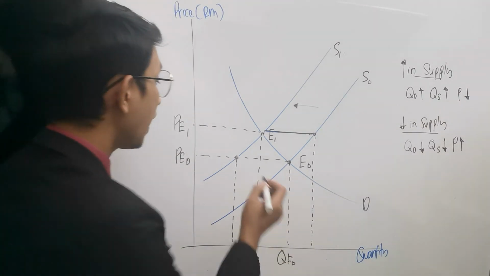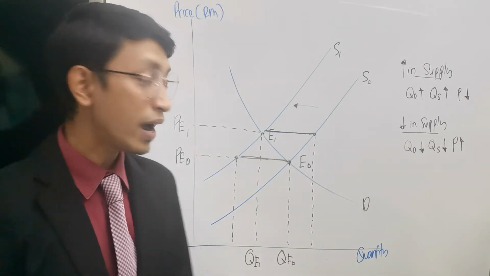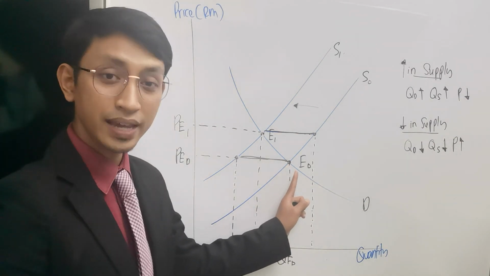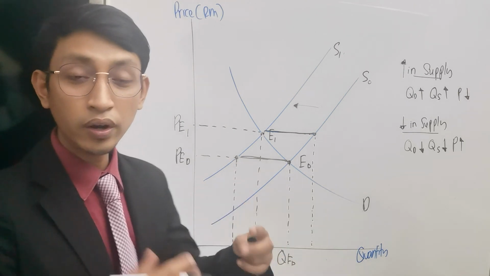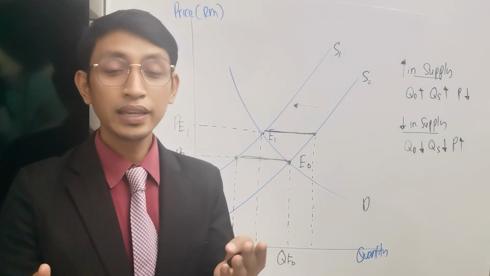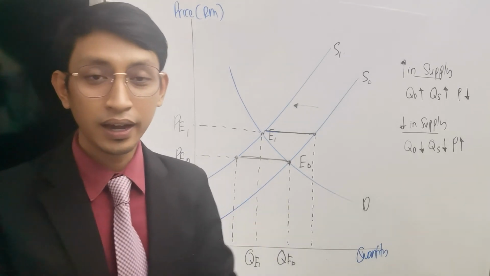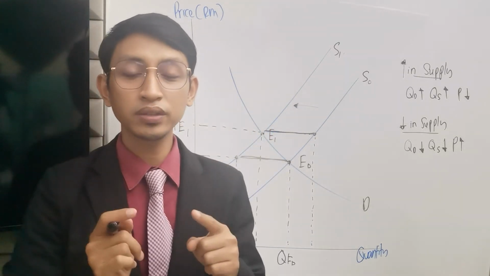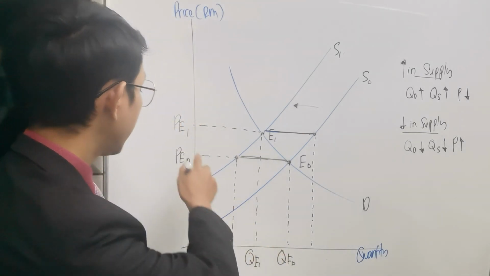Now we are in the situation where we have shortage. Why shortage? Because quantity demanded is here, quantity supply reduced. So we don't have an adequate number of cars to be supplied in our country. Logically, when we have shortage, the price mechanism will force the price to increase. Then the price of